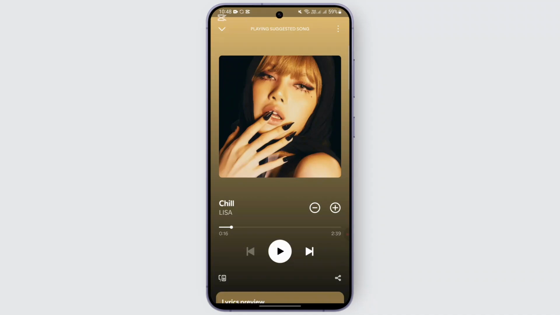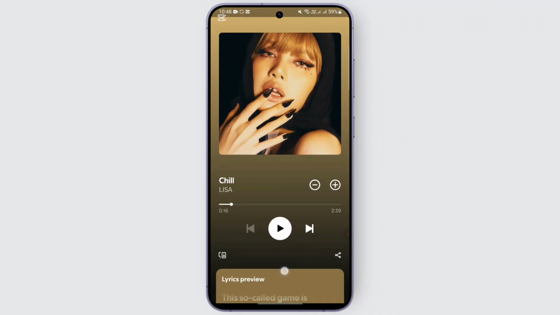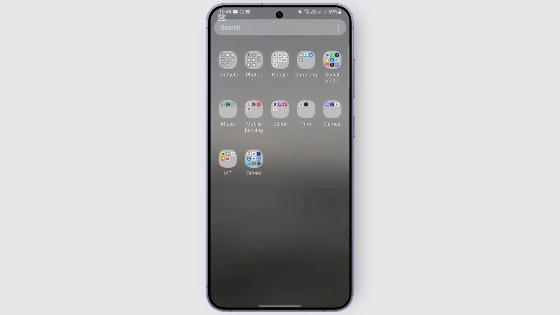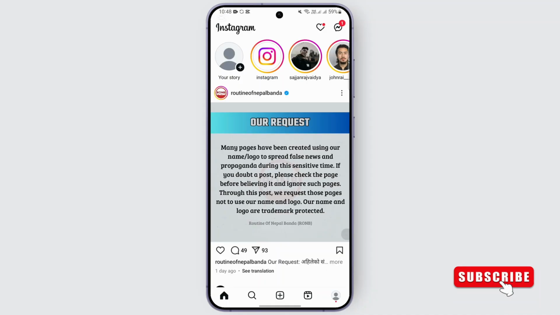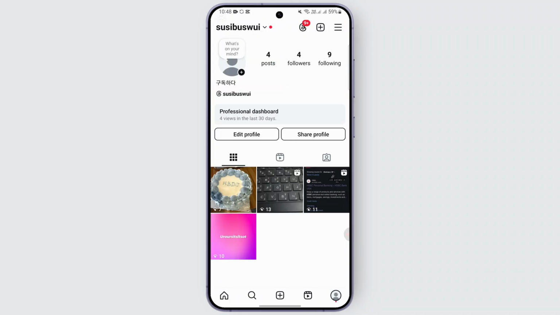and after the link is copied to your clipboard, you may go ahead and close your Spotify and then head over to Instagram. After going over to your Instagram, you may head over to the bottom right corner and open up your profile page. Now from here, what you can do is tap on the option that says edit profile, tap on it,